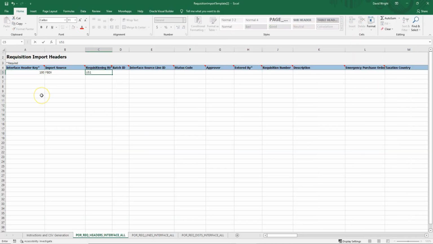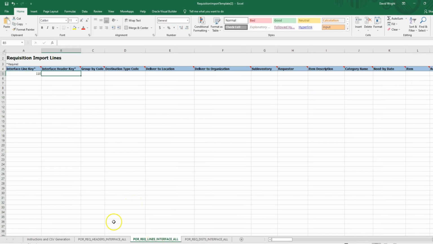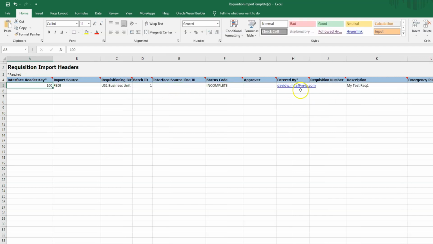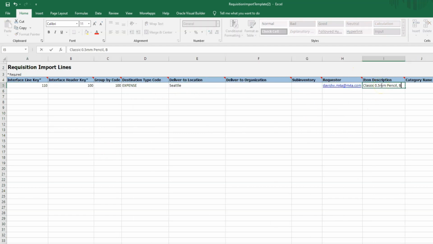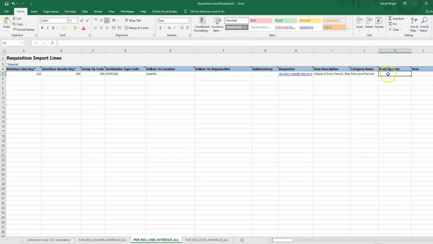Let's take a look at the FBDI template. Here we're in the header worksheet, creating the first requisition. We're just doing one requisition at a time. We're adding the lines and the distributions, and you'll see that we have to keep linking the keys together, going back to Oracle back and forth to pull the data back that we need in order to create the FBDI